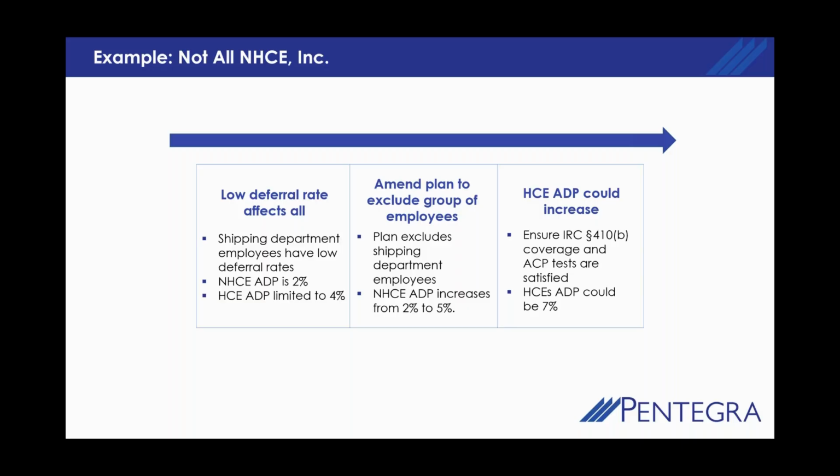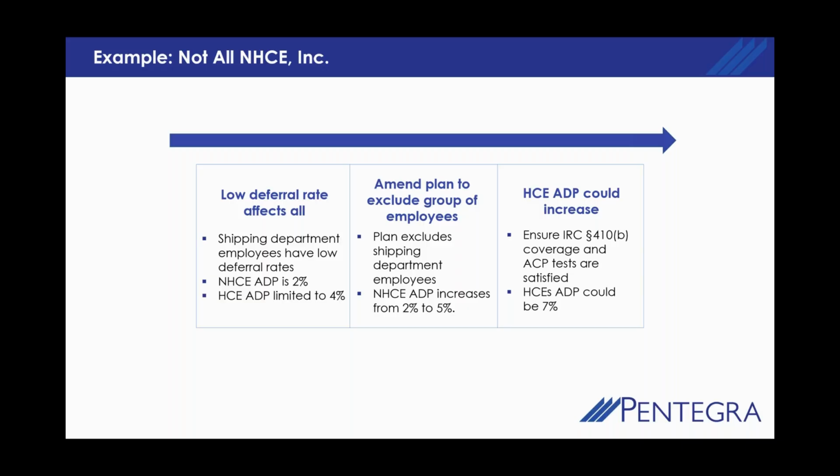Now, we can't just randomly exclude large numbers of employees. Basically, whatever percentage of the highly compensated employees we're covering, we have to cover 70% of that percentage. So if we have all our highly compensated employees who are eligible in the plan, that's 100%. So we have to cover at least 70% of our eligible non-highly compensated employees. So if I had 2 highly compensated employees and 10 non-highly compensated employees, my 2 highly compensated could be in, and I could exclude 3 of my 10 rank and file employees.